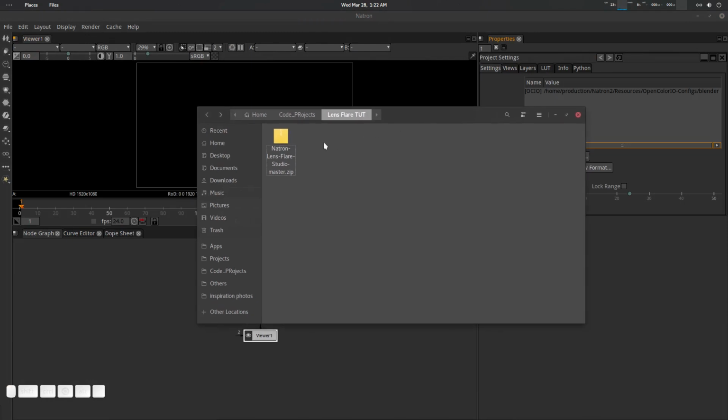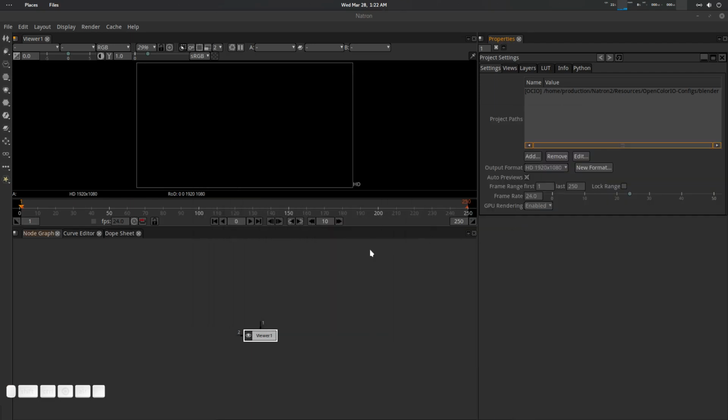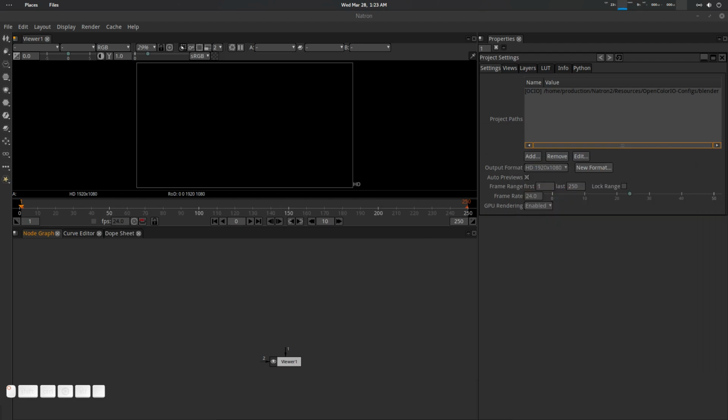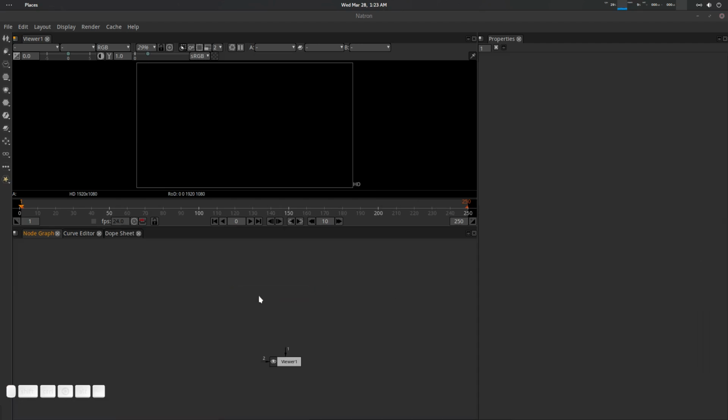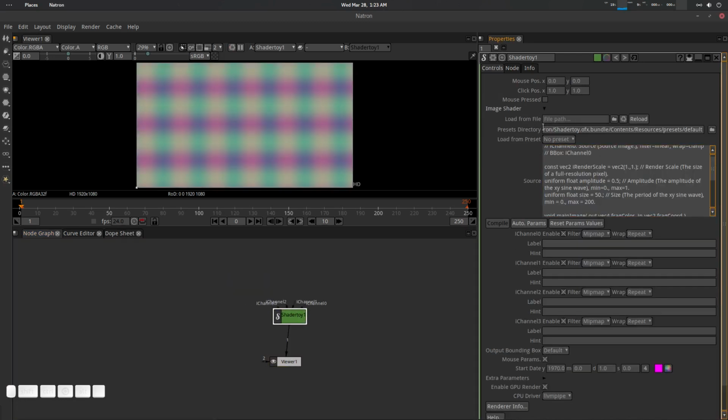Alright, so after downloading the zip file, extract it somewhere safe, and now let's go to Natron first. First let me show you what you will get. You will get two very important folders. This one is GLSL lens flare elements, this one is preset. Okay, so first what you have to do is basically just go to Shadertoy. And here in image shader you will see a preset directory. Just copy this